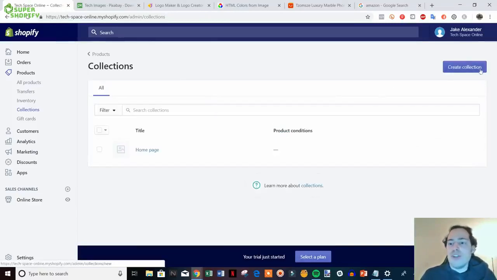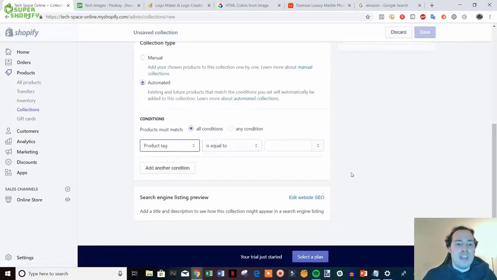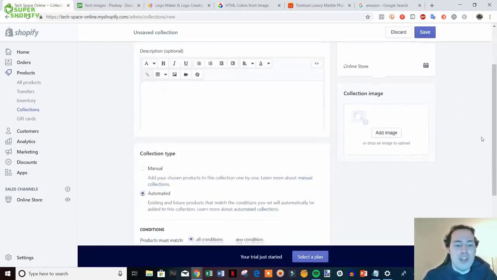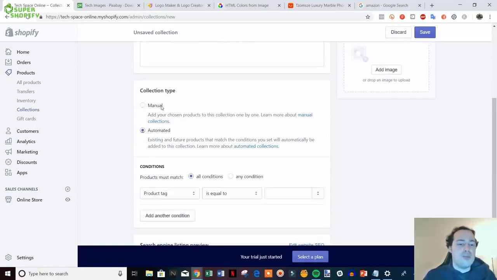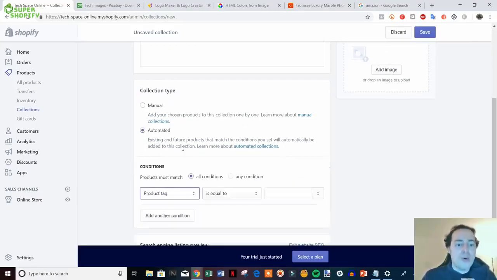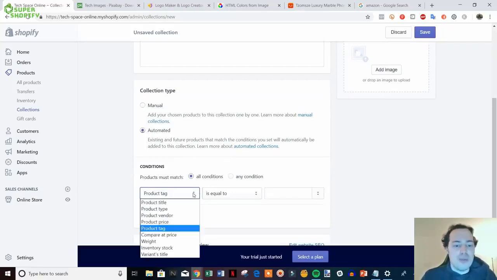So we can come up here and hit create collection, and then we can go ahead and name it whatever we want. So in this case, iPhone cases. We can describe it if we want down here, but you don't have to. And then collection type, what we can do is we can either manually add products like we did before that I just showed you how you can manually just add products in, or you can make it automated. So what you can do is you can make your product tag